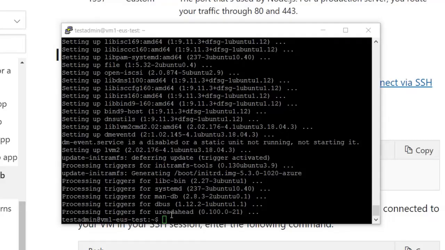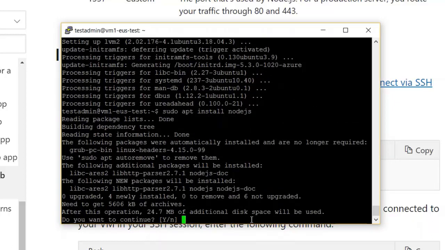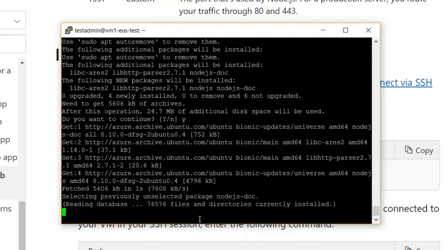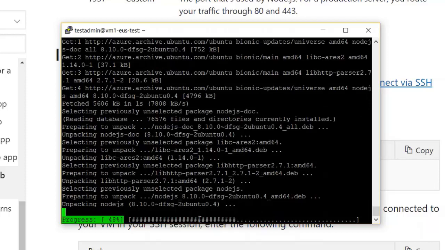And guys, finally you can install Node.js on your virtual machine. Click this command: sudo apt install nodejs, and click enter. It will ask you to confirm, as it will occupy an additional 27 MB of space. Type y to continue and it will add Node.js to your virtual machine.